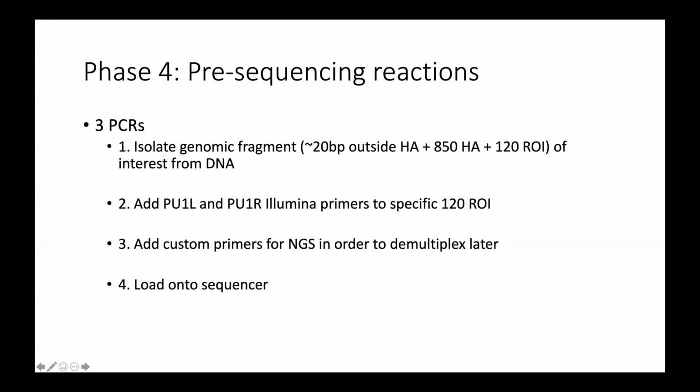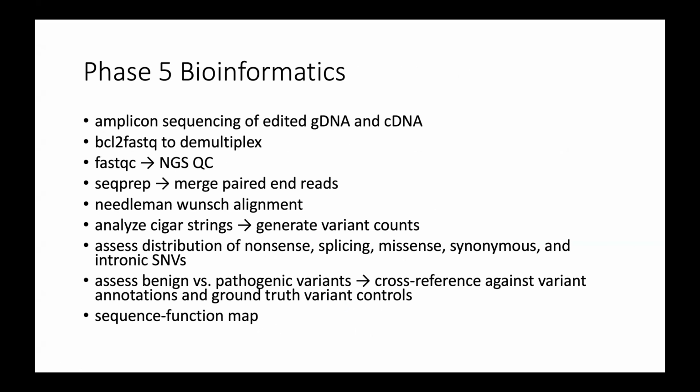The last two PCRs here are very standard. You do one set of PCRs to minimize even further the size of the amplicon, as well as put on the Illumina adapters. The Illumina adapters then act as starting points for custom barcodes that we put, where you custom barcode every individual experiment that we want to sequence so we can demultiplex it later. And then you load onto the sequencer. Usually we use an XSeq or a MySeq. Finally, you have that sequencing information from your